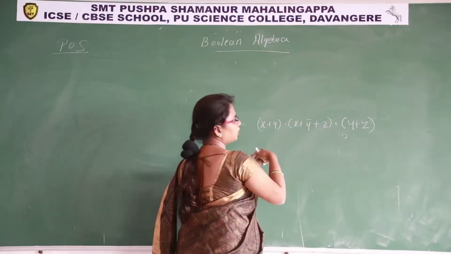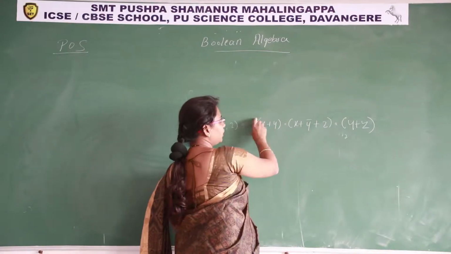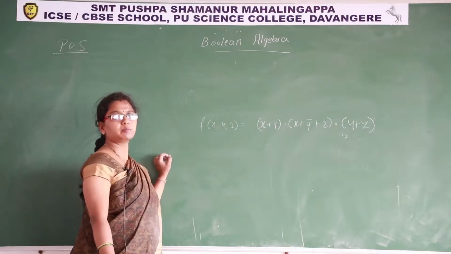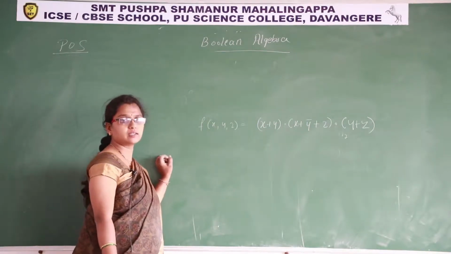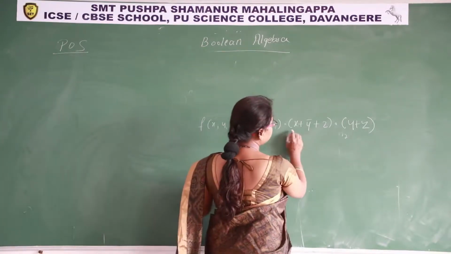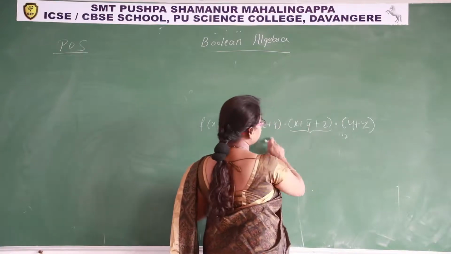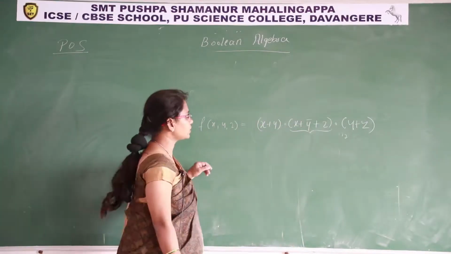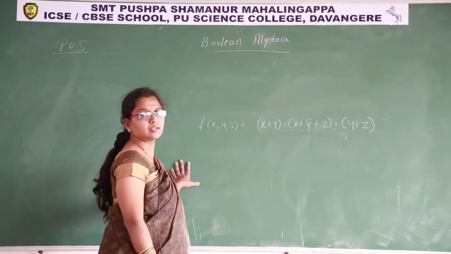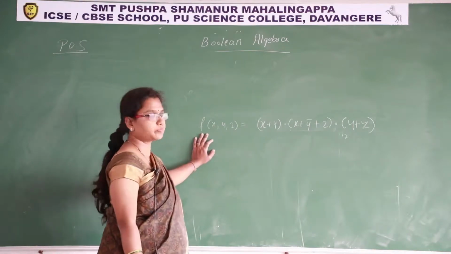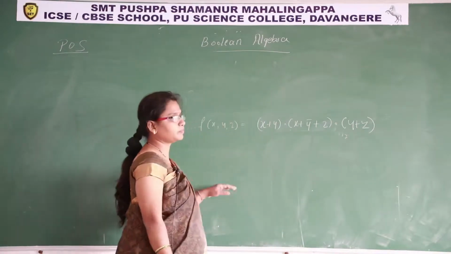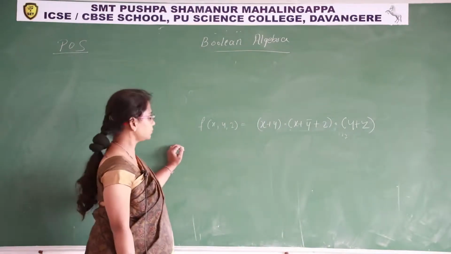So the whole expression becomes a product of sums, and each term we call it a max term, whereas in SOP, each term we call it a min term. If each term has all literals, then we call it a min term. Here it is a max term. But in this expression, there is only one max term. The expression is not in canonical form because all sub-expressions do not contain all literals of this expression. Here Z is missing, here X is missing. So we cannot write its max terms.